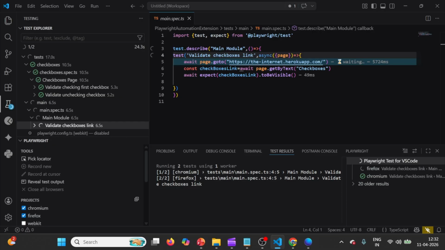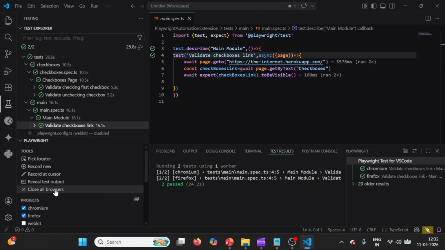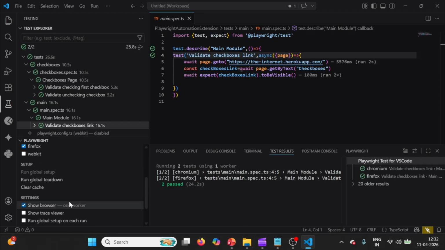The test cases will be executed and they will be passed. In order to close these browsers, we need to click on close all browsers and it will close all the browsers. Coming to show trace viewer, this is useful when we want to see the execution,